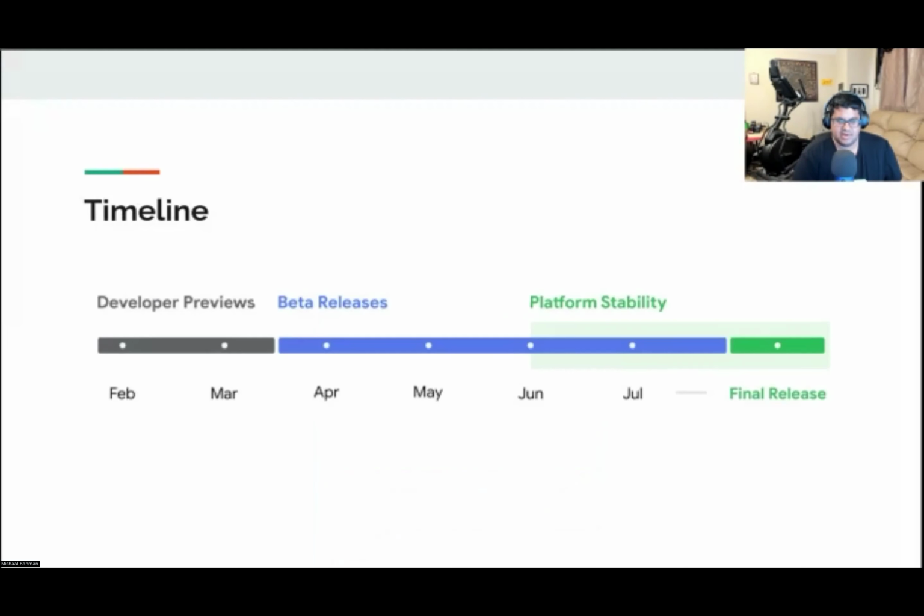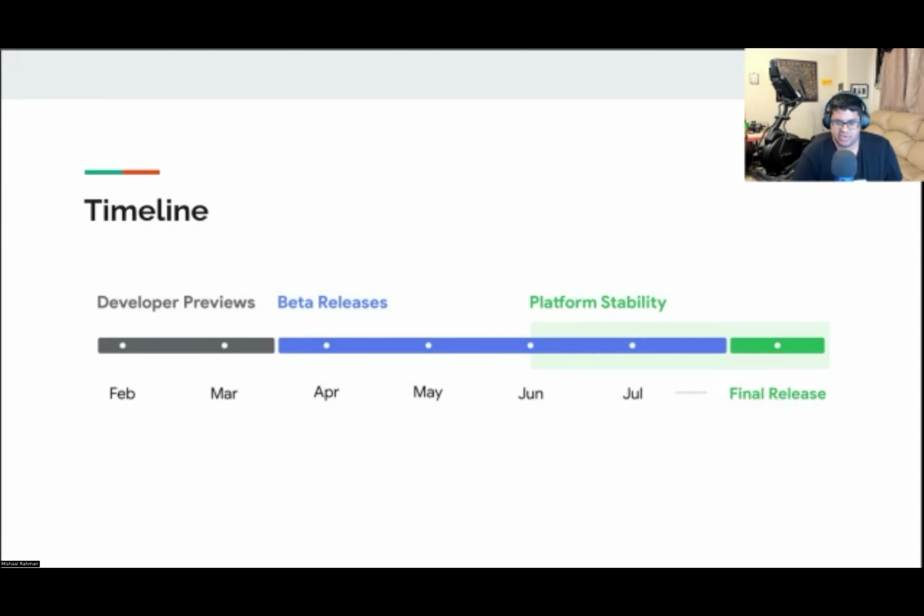So the timeline. Google will be sharing more detailed information about Android 15 with its partners at the upcoming Android Bootcamp, which could be taking place next month, and then with app developers at I/O in May. We'll also learn more about the release cycle throughout the Android 15 DP/beta release cycle, which goes as follows. There's Developer Preview 1 that happened February 16th, Developer Preview 2, which could be taking place any day now. There's Beta 1 in April, Beta 2 in May, Beta 3 sometime in June, Beta 4 in July, and then the final release to be determined, but the AOSP source code could happen in early September from what I heard.